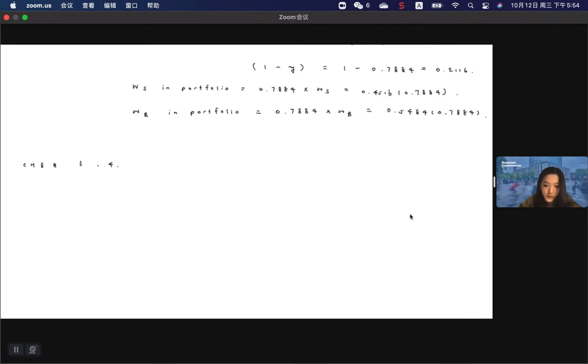Question E asks you to actually calculate. I think my version of the textbook is kind of different from what I was provided as solution, but we can do question E. So it asks, if the risk-free rate is equal to 6%, and the security characteristic equation would then be,